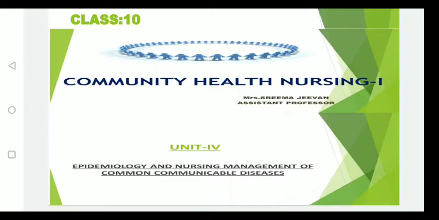In the previous classes, we have learned about the types of communicable diseases depending upon the sources. We have learned they are categorized into four sections. The first one we have learned is respiratory infections, communicable diseases under that one. Then the second one we learned about the intestinal infections. And today we are going to learn the third section,